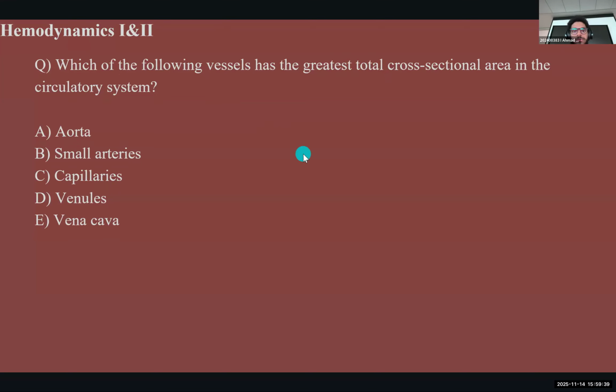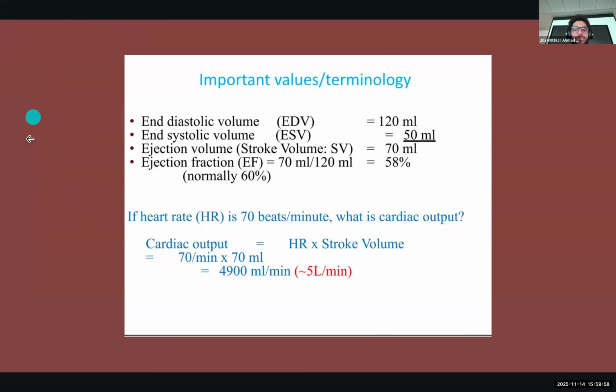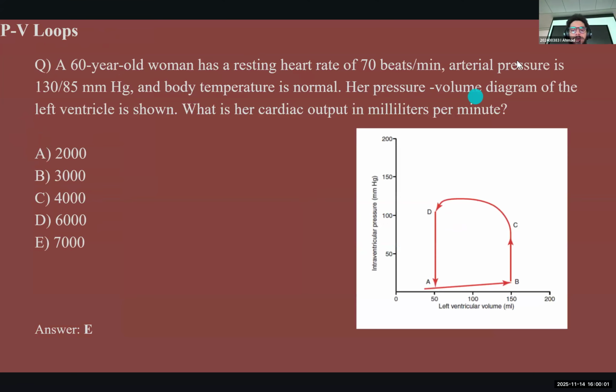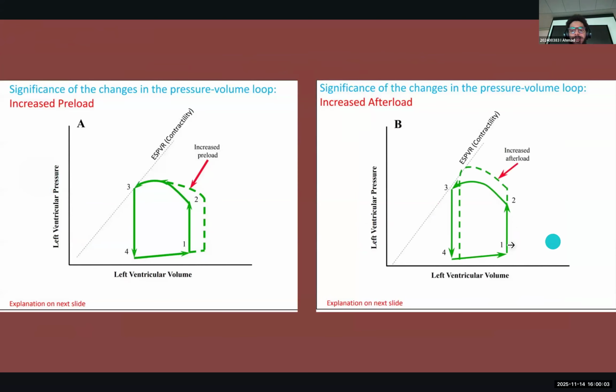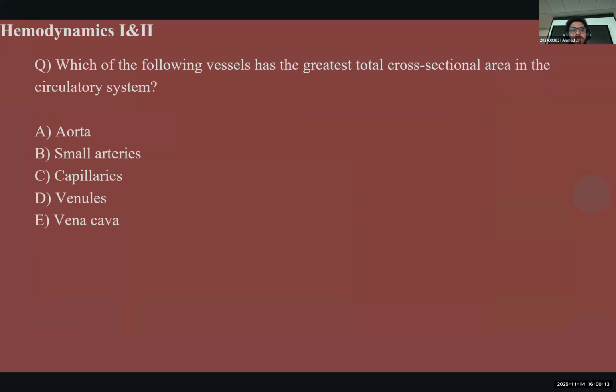Okay, guys, we're back now. Are you able to see my screen? Yes? Perfect. Okay. Someone was asking, will they always give us the graph? If it's for PV loops, then yes, they should always give you the graph, honestly. Because for example, if they ask about, let's say, point A, what happens at point A, what happens at point B, you need the labeling on the graph to be able to answer it. But yes, inshallah, they will always be providing the graph for PV loops.